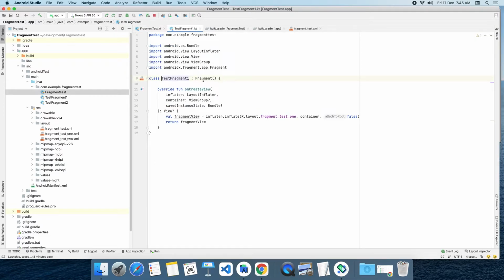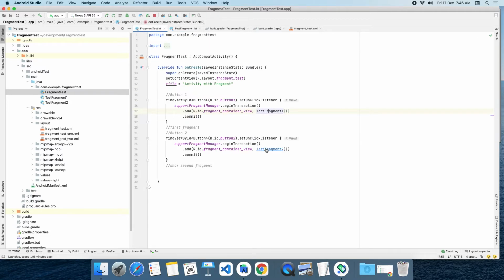This is a simple fragment, extending Fragment, and this Fragment is from the AndroidX library. We discussed already that a fragment takes care of creating a particular part of the activity UI. So onCreateView is there. This is one of the callback methods. Like an activity, a fragment has lots of lifecycle callbacks that we are going to cover in a later section. But for now consider onCreateView. This method will take care of creating the UI for this fragment. What UI? This is that UI.